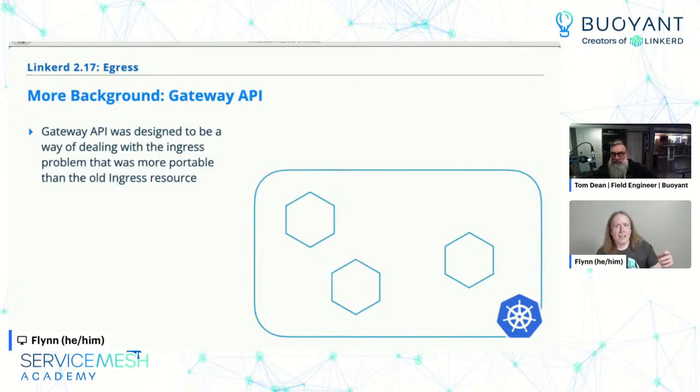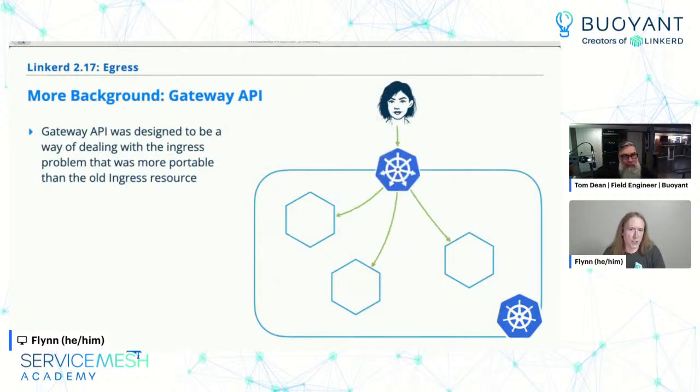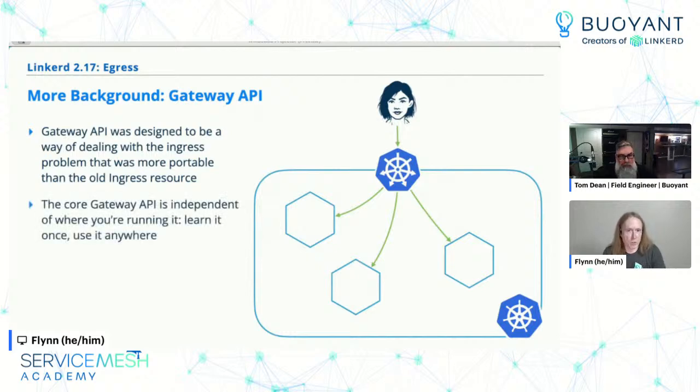Now, moving back to a little bit of background to set the stage for how Linkerd solves egress. This thing you might have heard of recently, Gateway API. Gateway API was invented to be a way of dealing with the ingress problem that was more portable than the old ingress resource. So you would specifically stick a gateway controller out there,